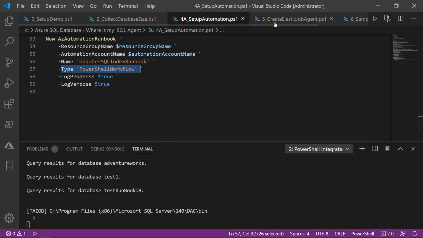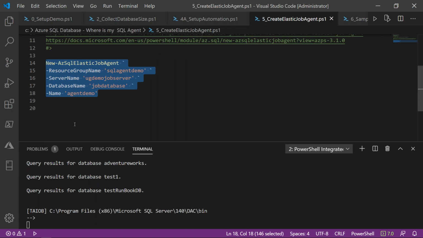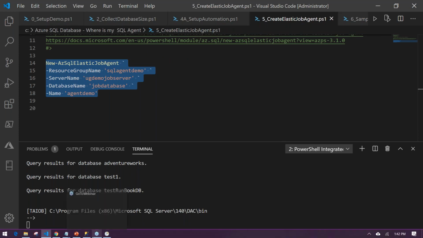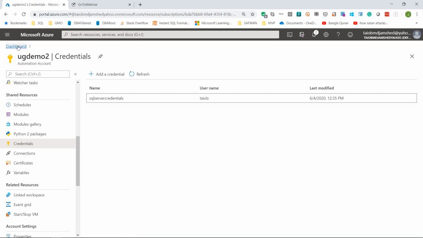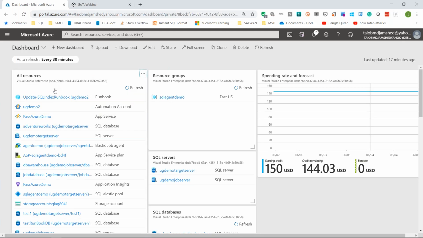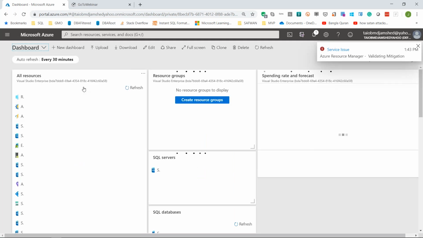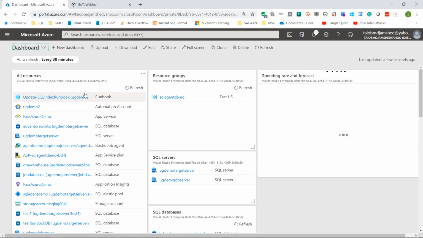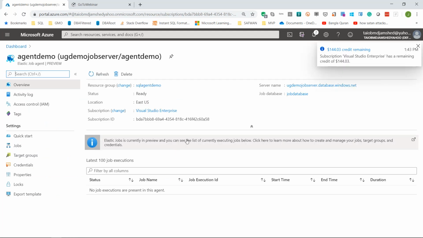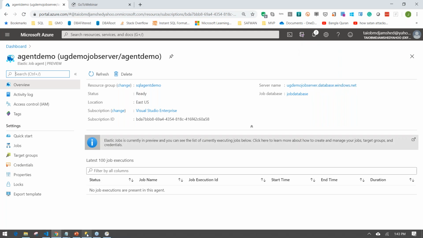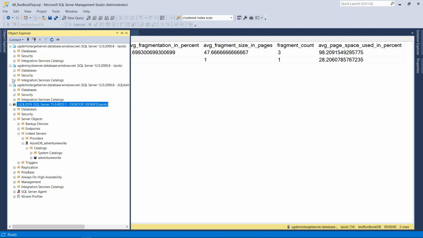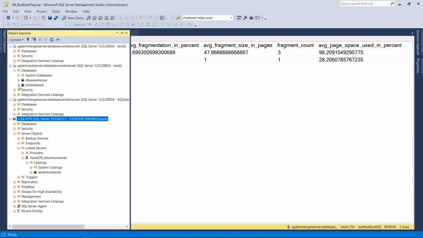The next one is Elastic Job Agent. So I ran this piece of code before you came online. Again, let me go to the portal and show you, because sometimes these things run slow, sometimes it runs in a few seconds, based on where I'm presenting from. So I always prefer to run this beforehand, so you guys are not just sitting there and waiting for me. So, Elastic Job Agent, as you see here, and I do not have anything else right now. Now this ran against this database,